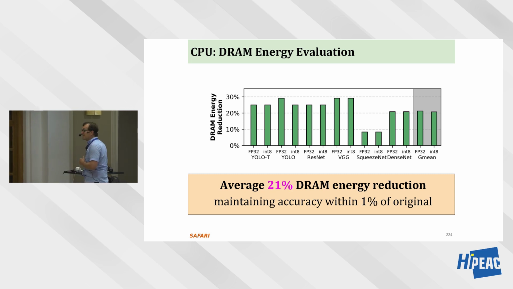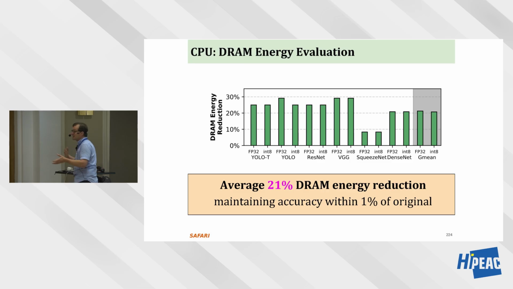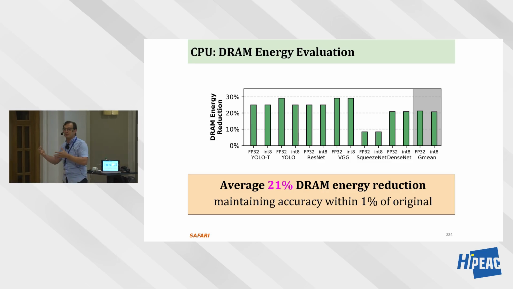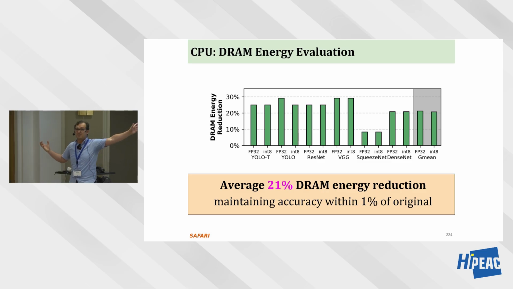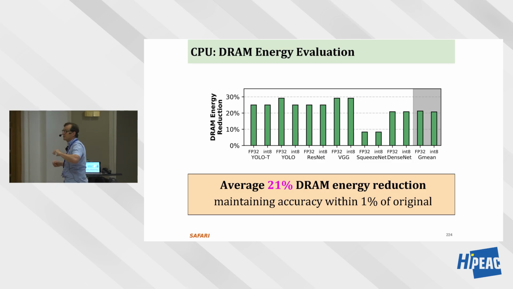Okay, so what's the benefit? The benefit is you get significant energy reduction in DRAM, while accuracy is reasonable, depending on your accuracy target. Again, if an accuracy loss of 1% is not acceptable, don't do this. If it's acceptable, then you can do it. And in many cases, especially in edge devices, it could be acceptable because you're very much power constrained, and saving 20% power at the expense of 1% accuracy may be okay because you process the data somewhere else later on.